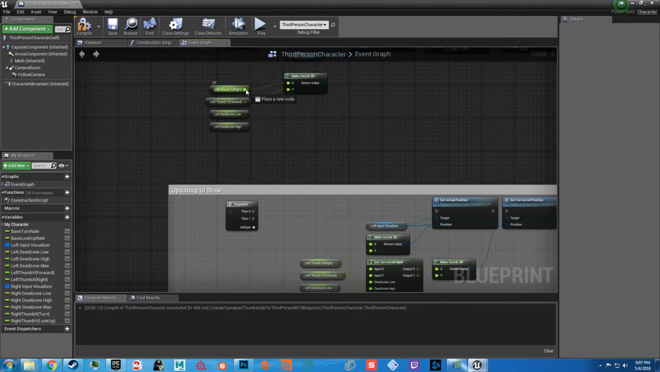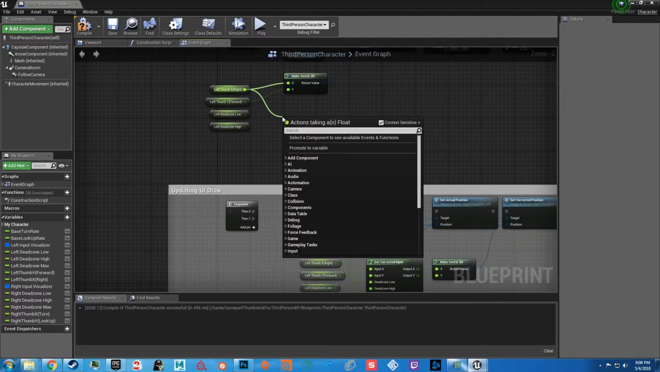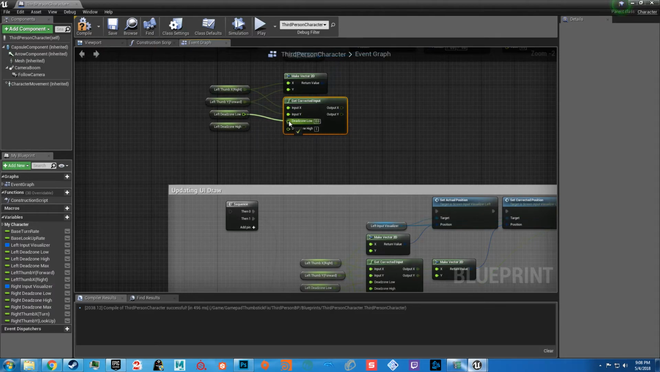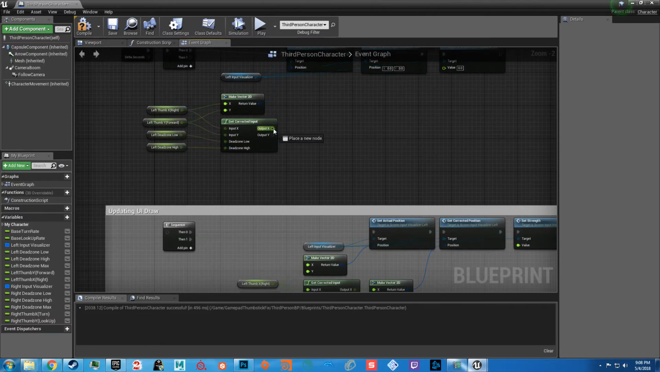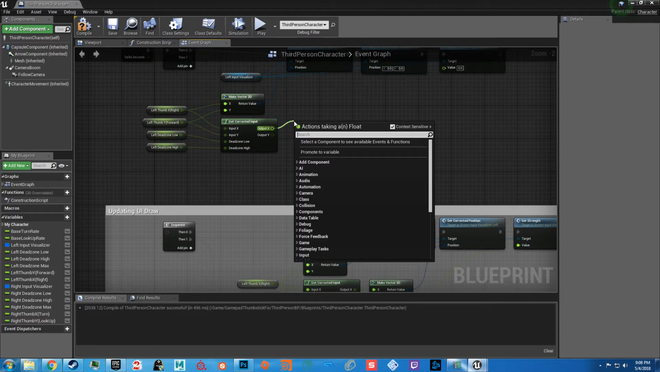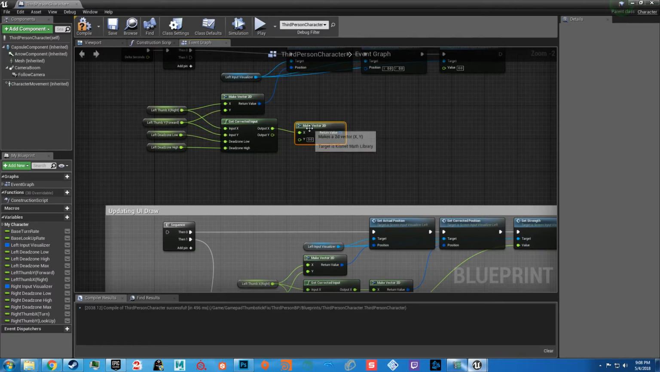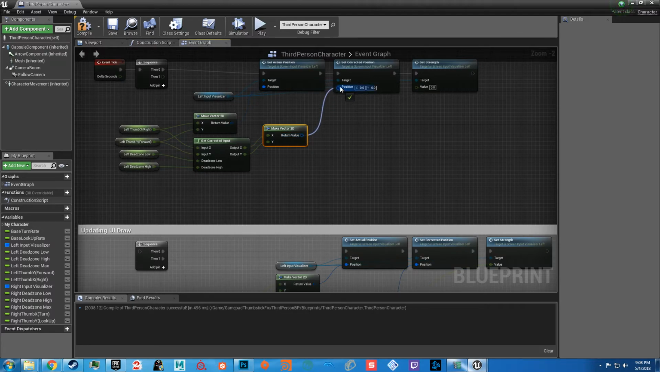And then we're going to drag that off, type in corrected, get corrected input, drag in the X, drag in the Y, drag in the low, drag in the high. Going to make another vector 2D. Going to connect the X and Y to it, and we're going to set that to